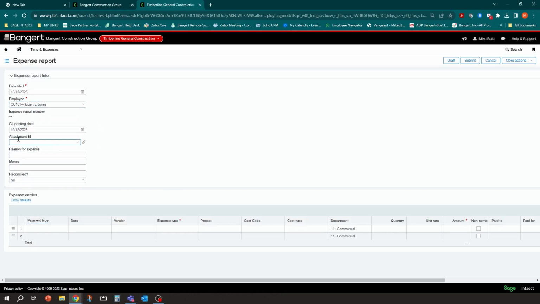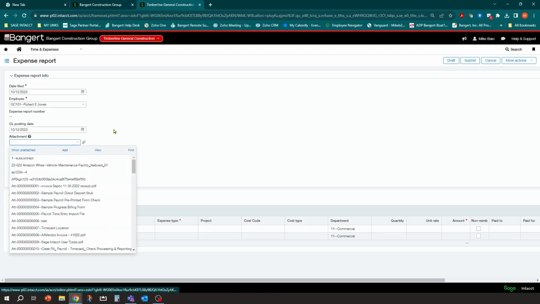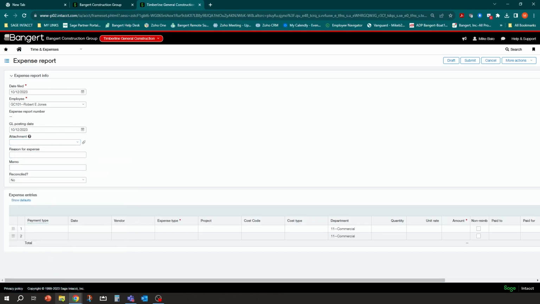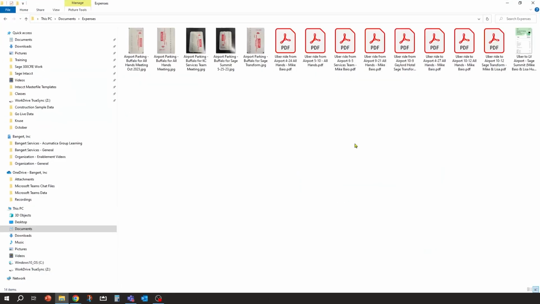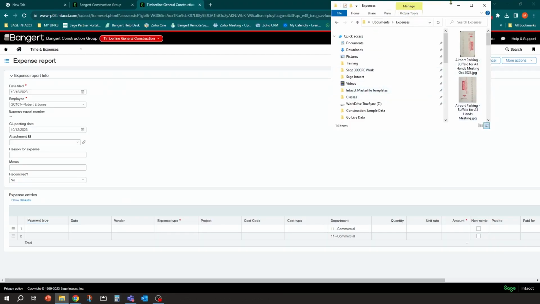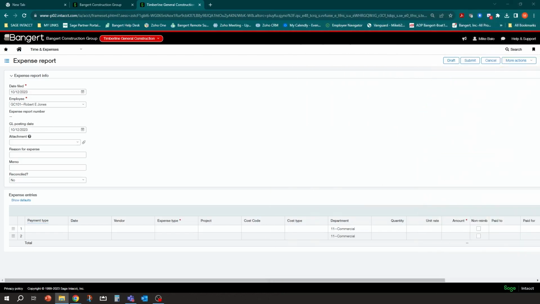And here you can put an attachment. So you can browse and add a new attachment. You can also drag and drop. So if I have, let me open up Explorer here. Oh, it's over here on this screen. If I go to, let me see, I think I have some expenses here. Let me go ahead and pull one up. So if I have a receipt, a file, for example, like one of these files here, I'll move it over here so we can see it.